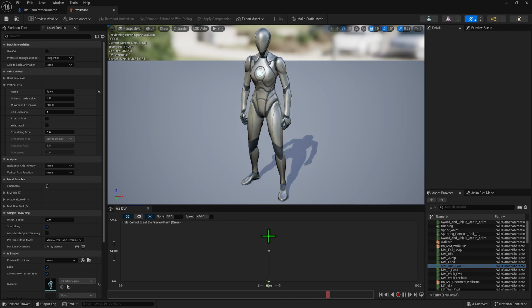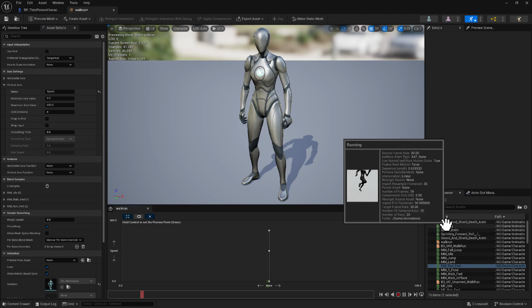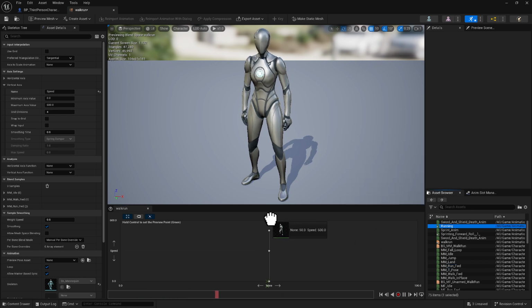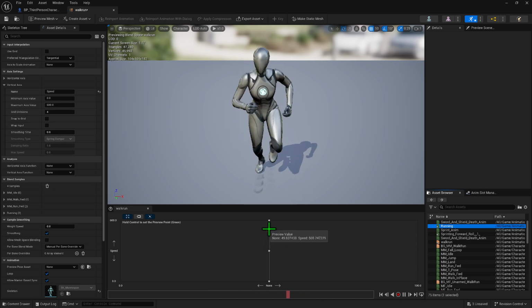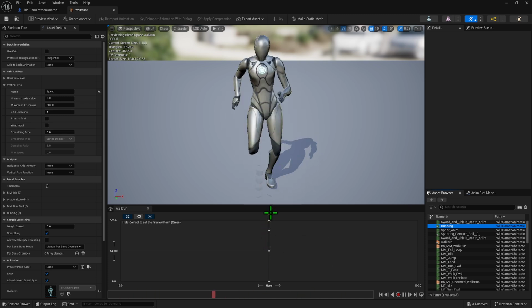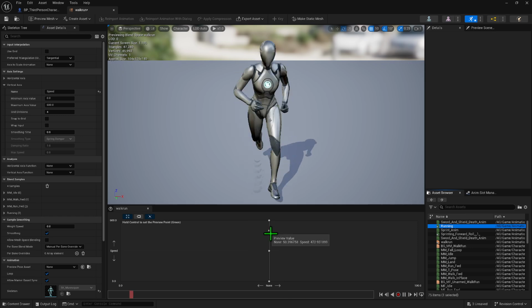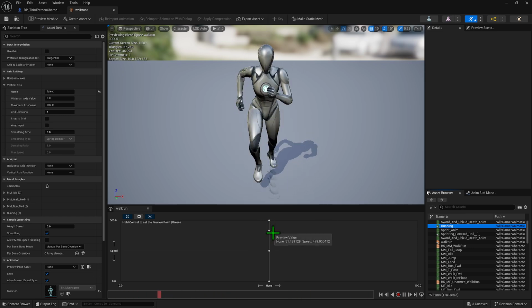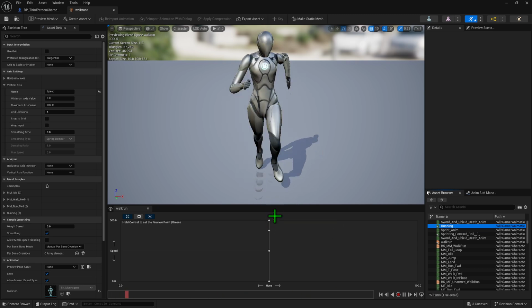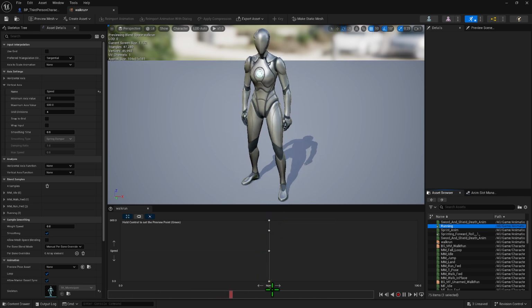Then the run forward, let's set that to about 450 here. Or actually, let's set that to 500. And then the running animation we just downloaded, put it at 600. Now, here we go. Your running one is not that good, but as I said before, if you make your own animations or buy better ones, it should look better. Now that we have that set up,